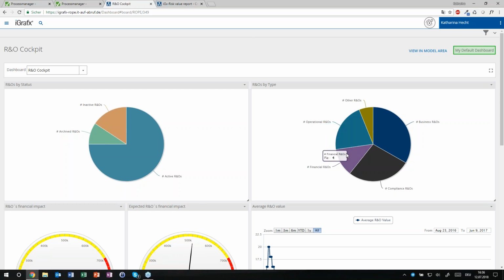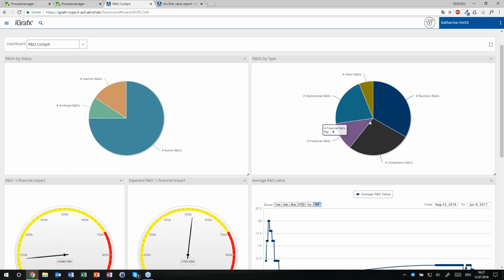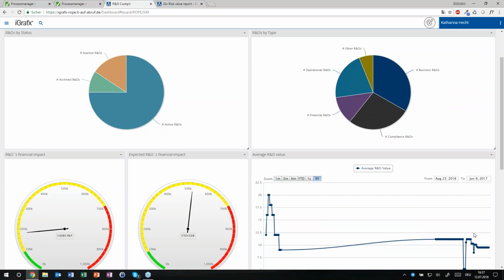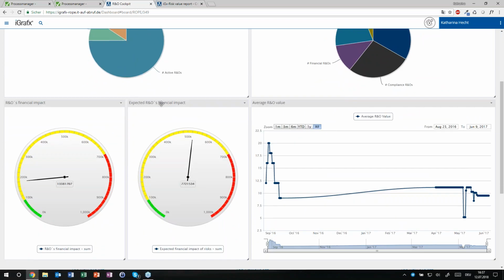For instance, we can directly see how many compliance risks have been identified, how many business risks, other risk types, what the average risk value is, and what our expected or actual financial impact is. All that data can be displayed directly in our management views so that people have this information and can directly track what's important.